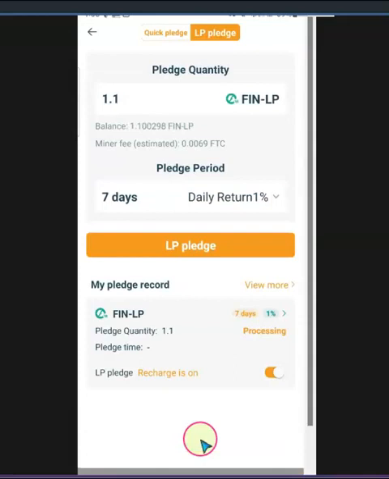The transaction was broadcasted. So for this account, I had the very bare minimum. Set this up just so that I can do the tutorial for you guys, so that you can appreciate the process. And that is it. Once you already have the liquidity pool in Finswap, you simply go to the LP pledge, enter the amount that